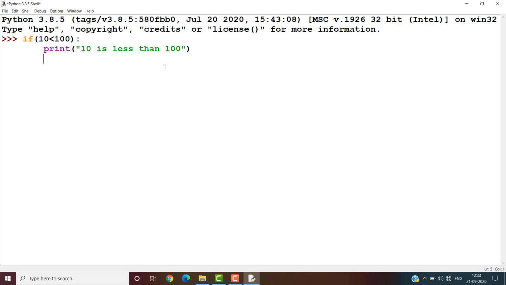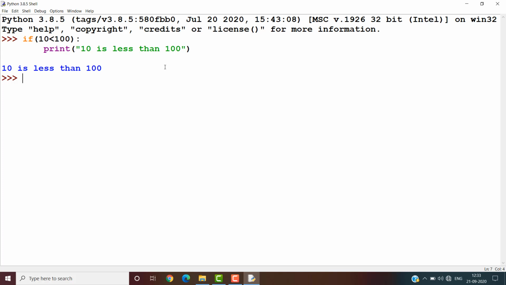Enter. So if 10 less than 100 colon, yes, it is true. So print 10 is less than 100. What is the answer for this statement? Yes, the condition is true, so it is printed as 10 is less than 100.